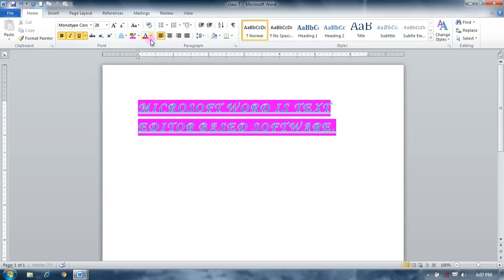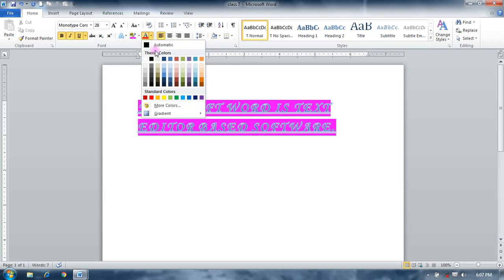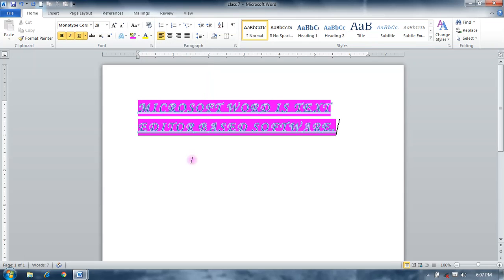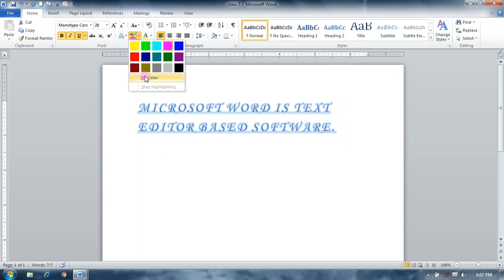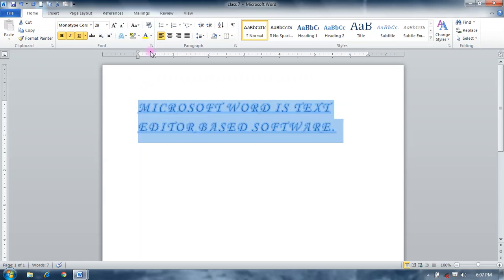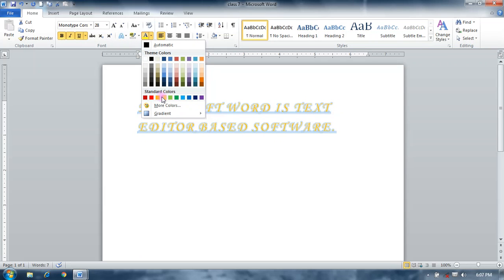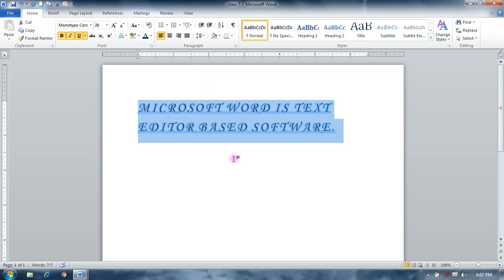And this option is used to apply a text color to your text. First, no color. This is the text color.